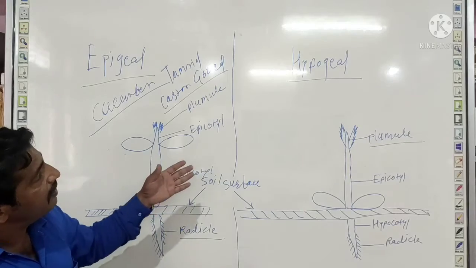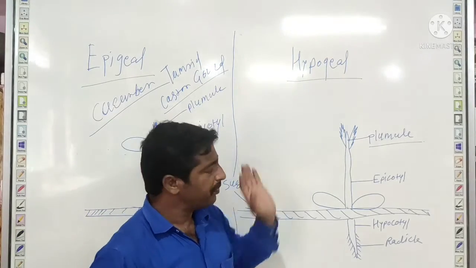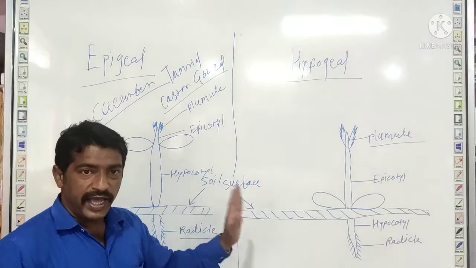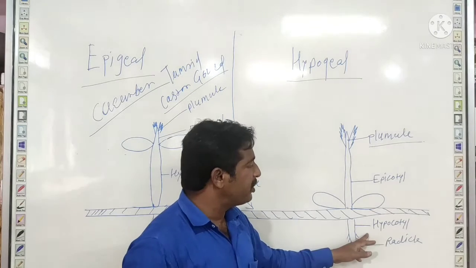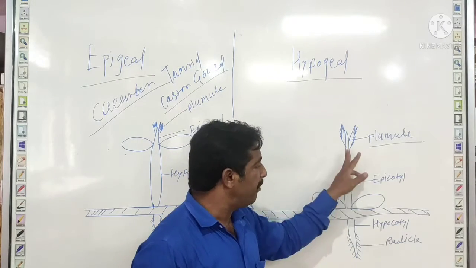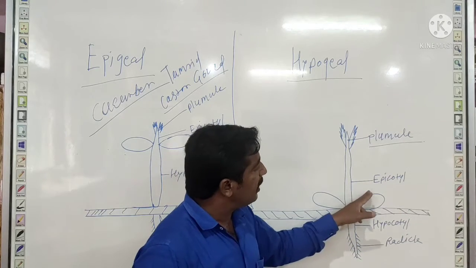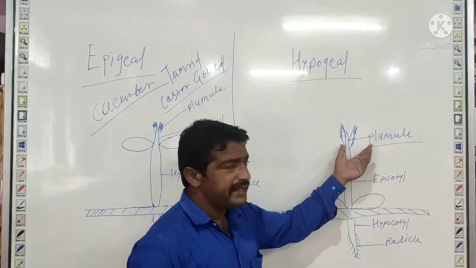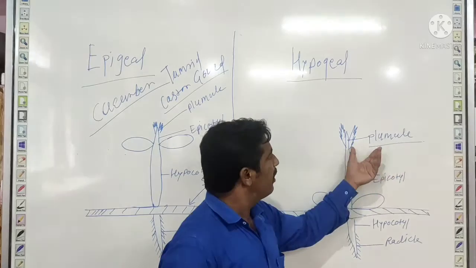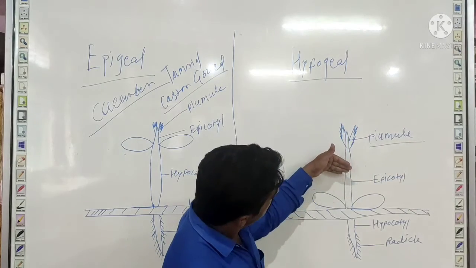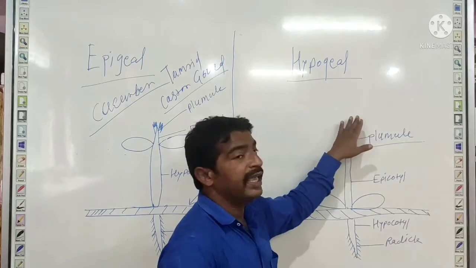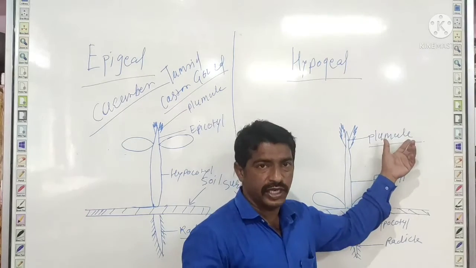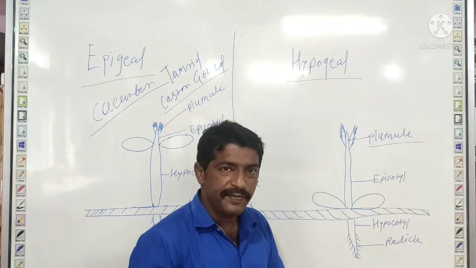The other type of germination is hypogeal germination. This is totally in contrast with epigeal germination, where instead of elongation of the hypocotyle region of the embryo axis, the epicotyle region elongates very rapidly and carries the plumule with it much away from the soil surface in the air. So this tip of the epicotyle, which now has a plumule at its tip, produces the first pair of leaves.